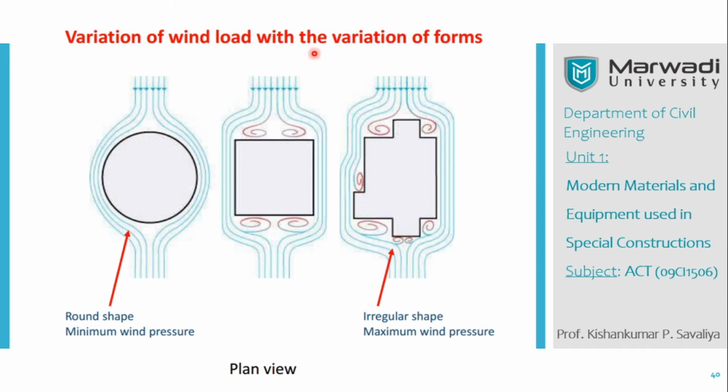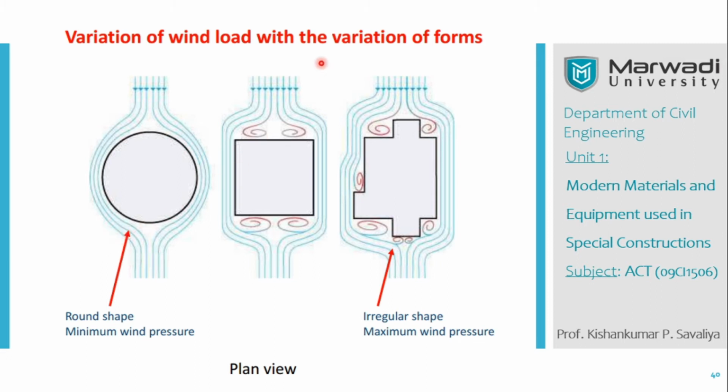This is the variation of the wind load with respect to various types of plans of a building. Here you can see the plan view. If you have a circular building and the wind is blowing from this direction, this is the windward direction, and this is the leeward direction, as we have discussed in the previous lectures. For the round shape building, you can see that this is the minimum wind pressure at the behind of your building, while in the front you will get the maximum pressure over here. This is the plan. The wind will move like this, and there is minimum pressure at the behind of